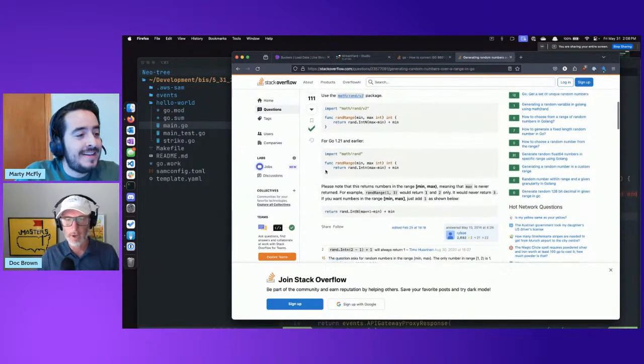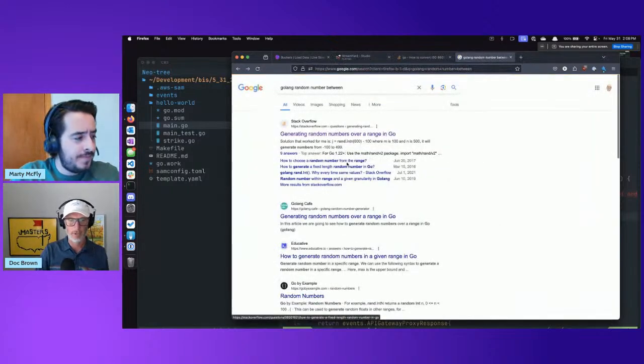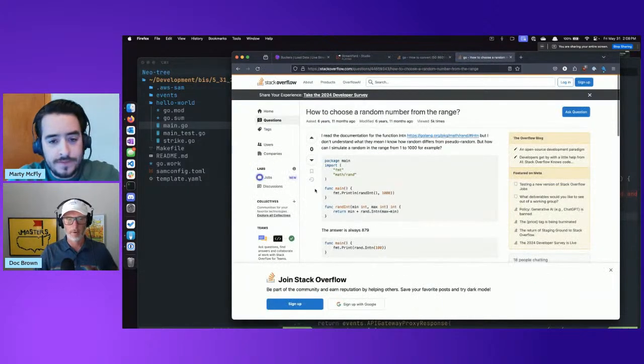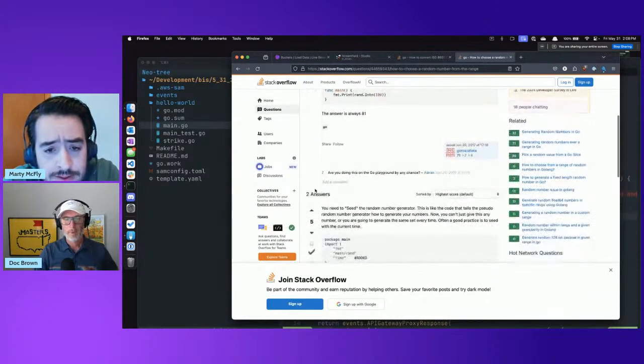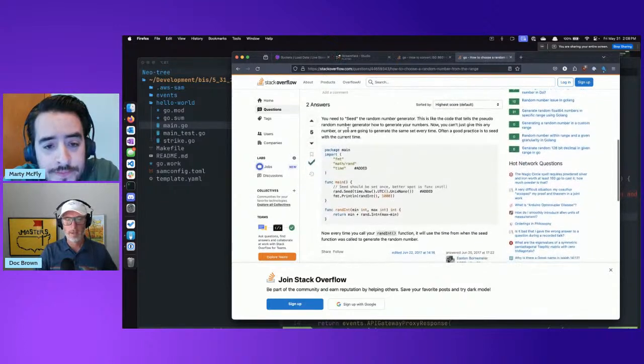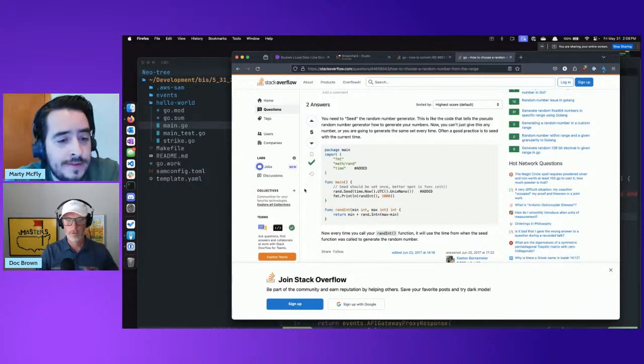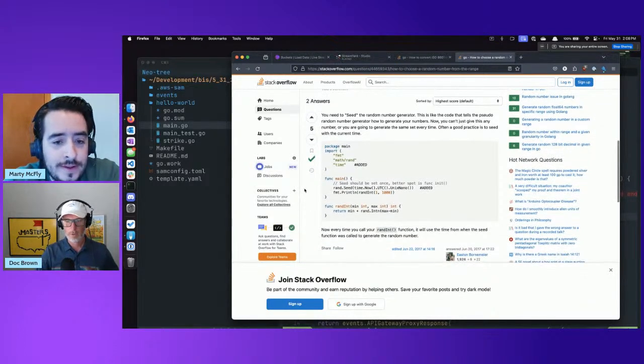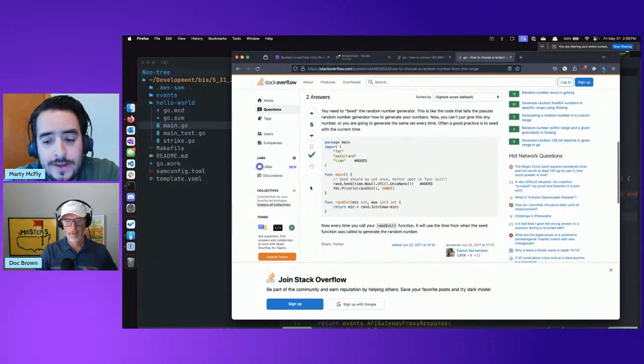Rand range, I don't want. Do they not have a random function? How to choose a random number from a range. You need to seed it. Okay, cool. Print rand. We use the time to seed it.